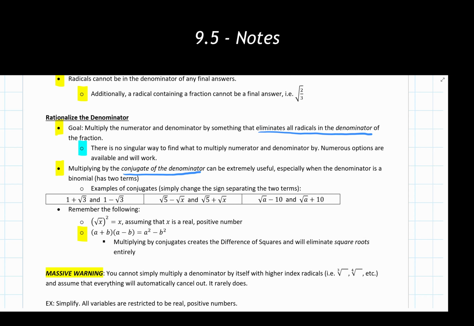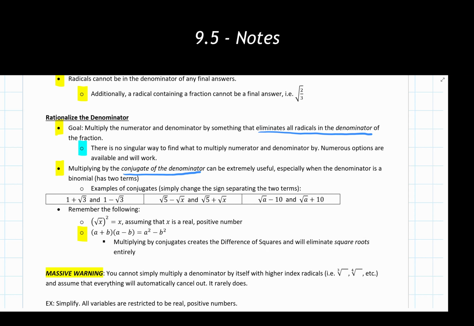If we think back to either of our starting things, depending on which one we want to take a look at, if I'm squaring each of these things individually, the end result is going to be that no radicals are going to be left over. So that's the ultimate reason as to why we are going to go through and multiply by the conjugate in these scenarios. It creates a difference of squares, and it eliminates all square roots entirely as a result of that.